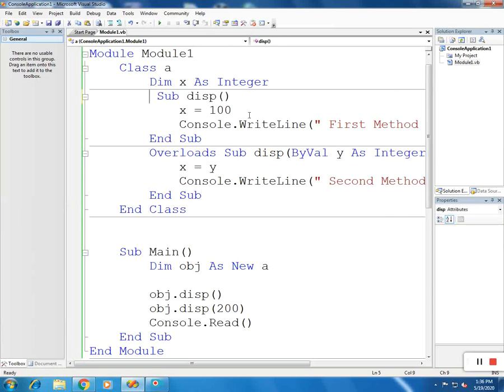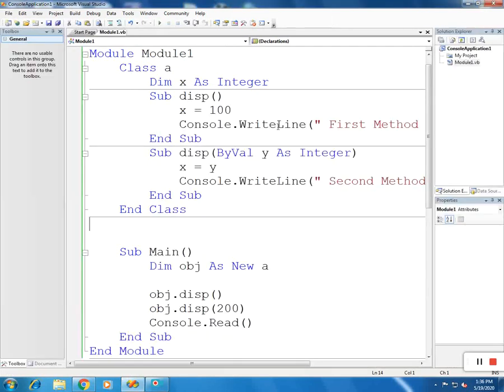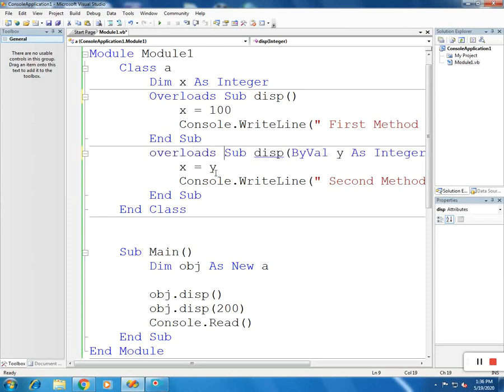Now let us eliminate this Overloads keyword. No problem. So in method overloading, if you write Overloads here, all the corresponding sub disp will also have to use the Overloads keyword, and this is optional.